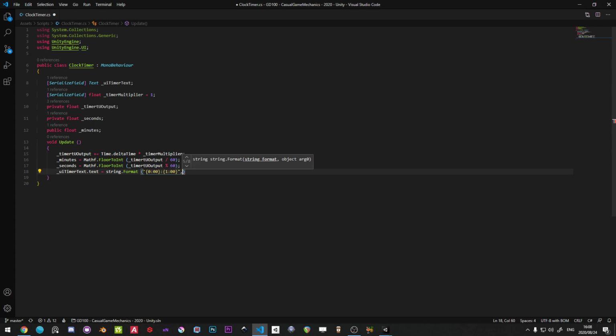And then we're going to go comma, and what are the variables we're putting in here? We're going to go minutes, comma, seconds. Okay, so we can try this out, but pretty much that is the entire code for the timer. We're getting the value, we're dividing by 60 so we can get it into minutes, and we're doing the 60 so we can say this timer, when it reaches 60,